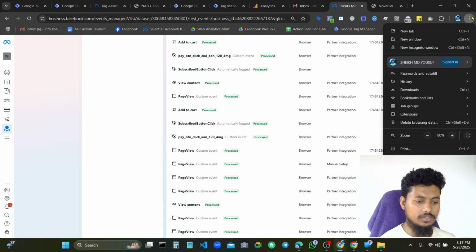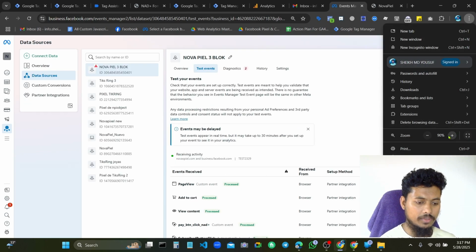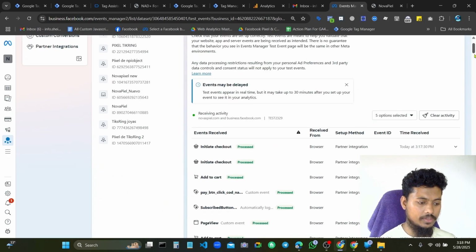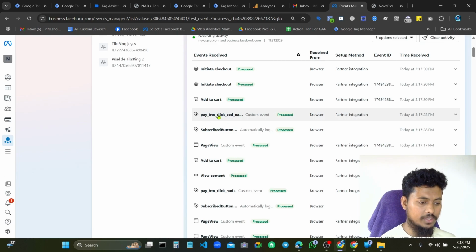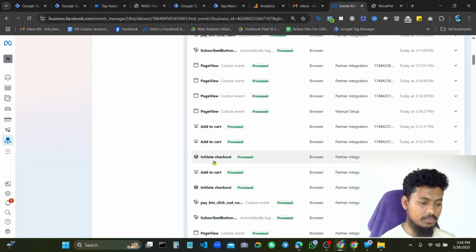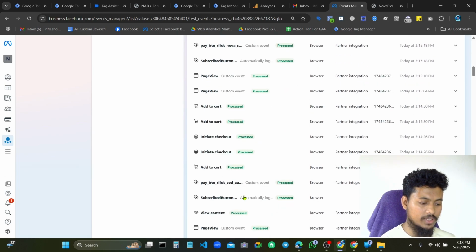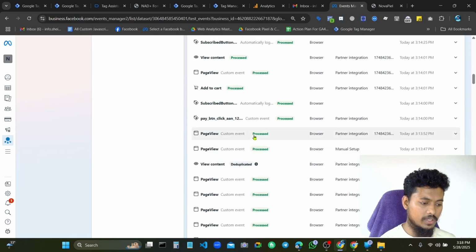If we zoom the screen, here you can see the COD, and COD for NAT, pay button click for NAT product, NAT plus product, and this is the pay button click Novaskin. You can see the AAN 124 mg product, and this is the pay button click.